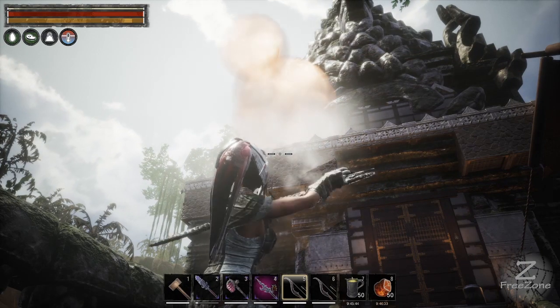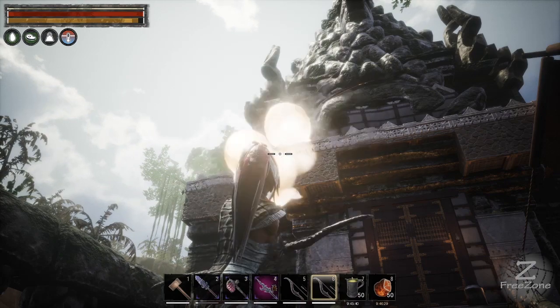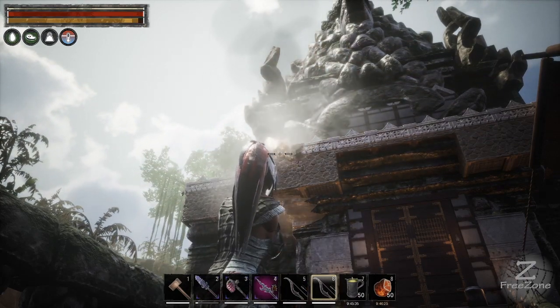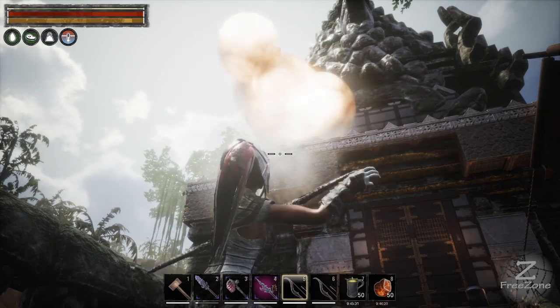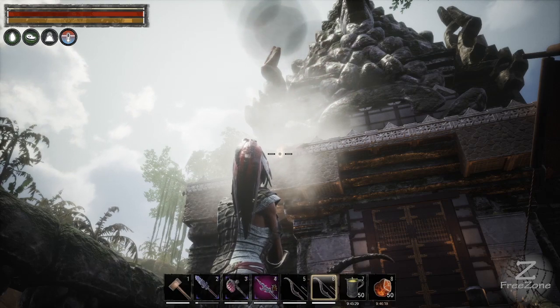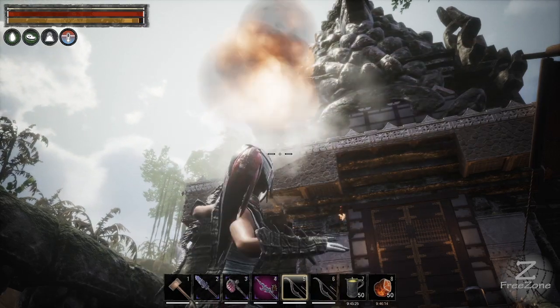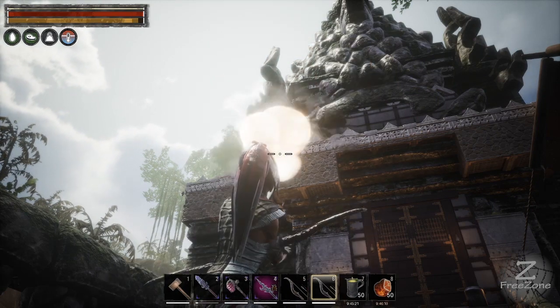So this is what you want to do. If you didn't know, there's a little thing with explosive and poison: when you use the explosive it sets a fire, and the poison will make it explode. So definitely something to use, and it helps with the damage a lot. If you sat this and did this for a while, it's a lot faster than just shooting it with